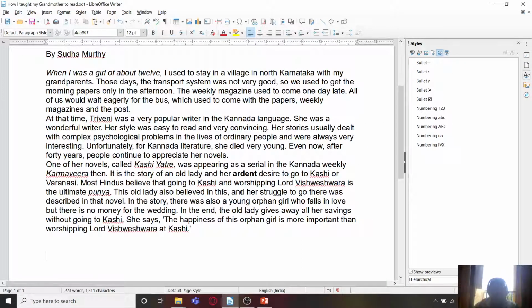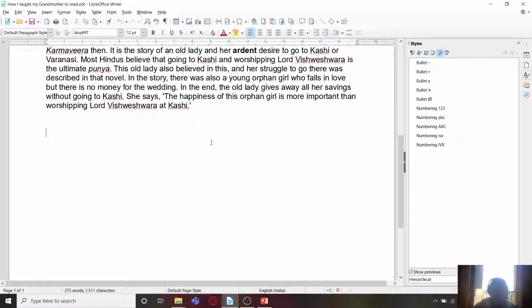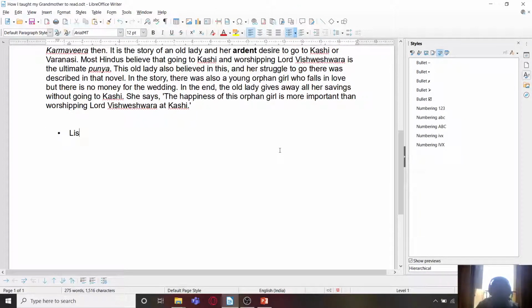Next is list styles. So when we create lists, like for example, list item 1, I'm going to just create a list over here using the list options. So this is a simple list I have created.